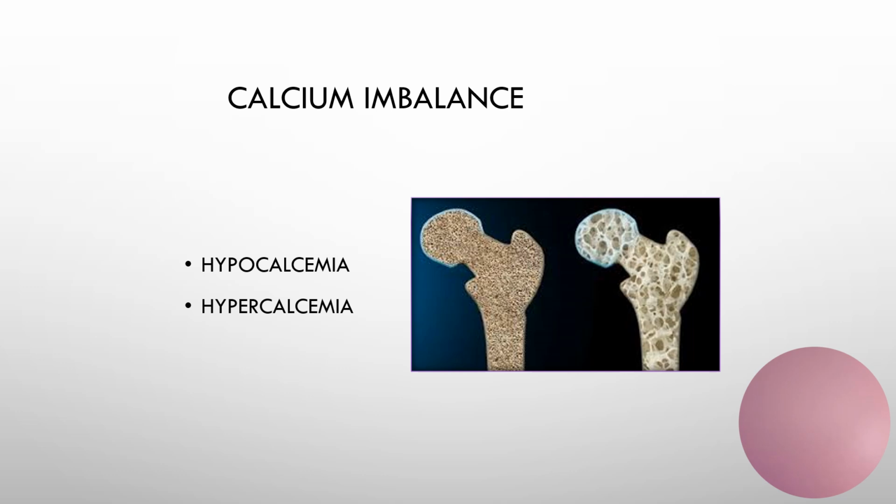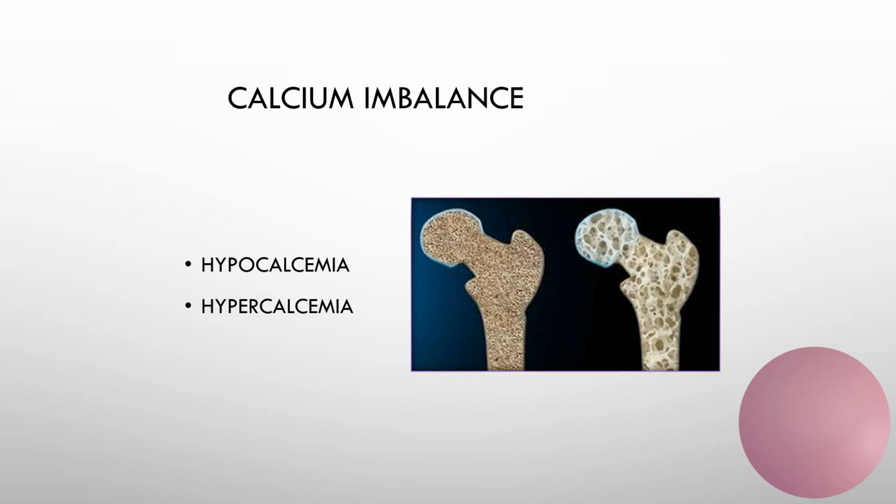So now if we have hypercalcemia, we have a high level of calcium in the blood. Where's calcium coming from? Well, it usually comes from the bone. So if we have high levels in the blood, that means now we have low levels in the bone. So with hypercalcemia, then it's going to start affecting the bone. So we have deep bone pain,